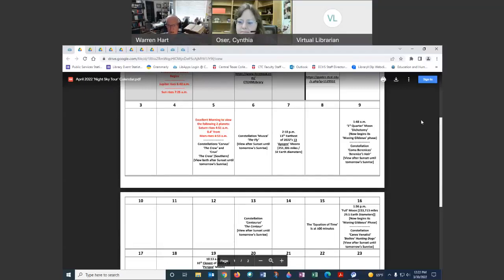And there it is. It's a first quarter moon, or we could also call it a dichotomy moon. Now, what does that mean? Well, I'll let you look it up and you tell Alyssa what it means when it is a dichotomy moon. And at 1:48 in the morning,